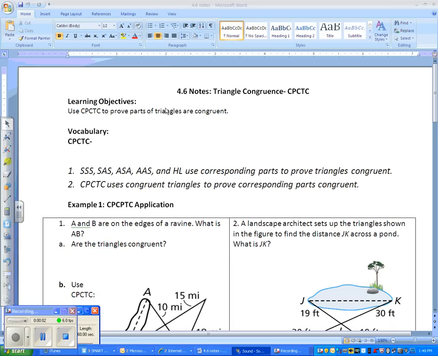Okay, so all week we've been talking about triangle congruence, and we've talked about the 5 shortcuts we can use to prove two triangles are congruent, such as SSS, SAS, ASA, AAS, and HL. And today we're going to conclude this section talking again about triangle congruence, but we're going to talk about this 5-letter abbreviation called CPCTC. And CPCTC stands for corresponding